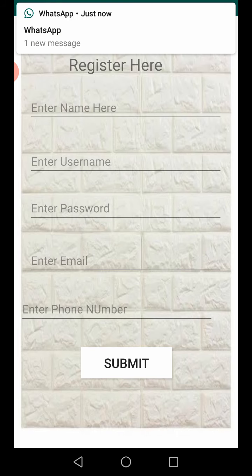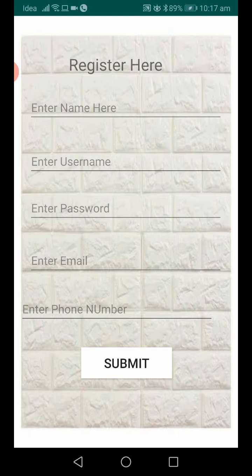When I click that option, I get a registration page. In the registration page, I get some normal register details like name, username, password, email and phone number.